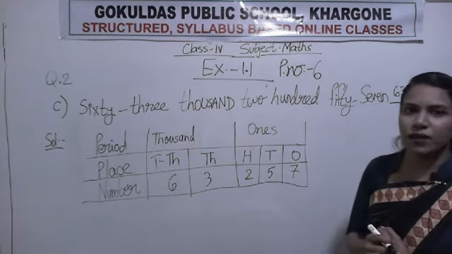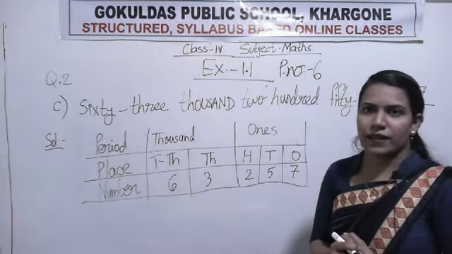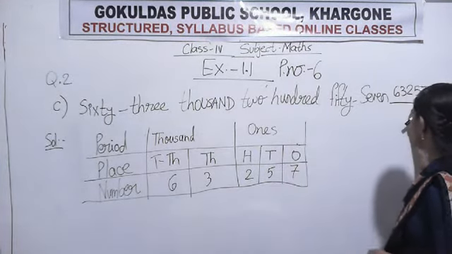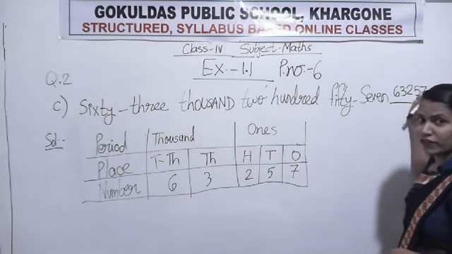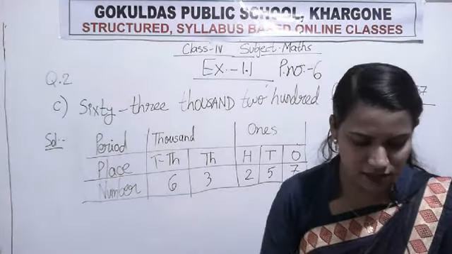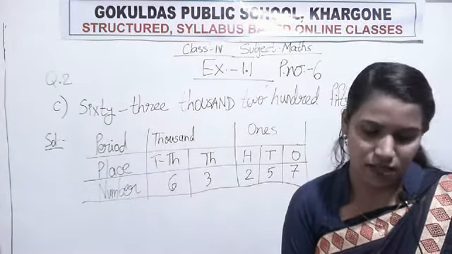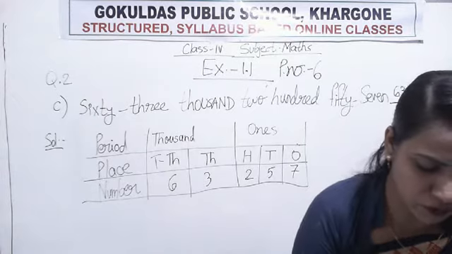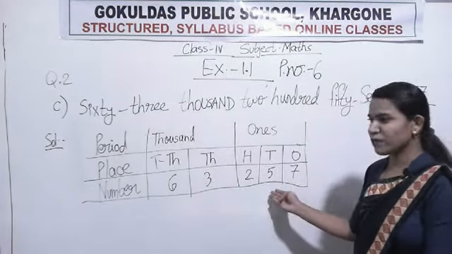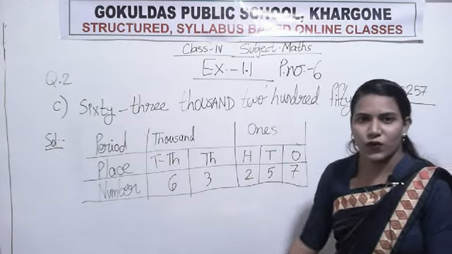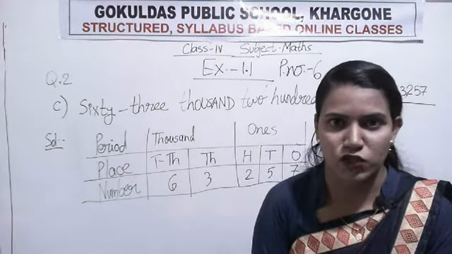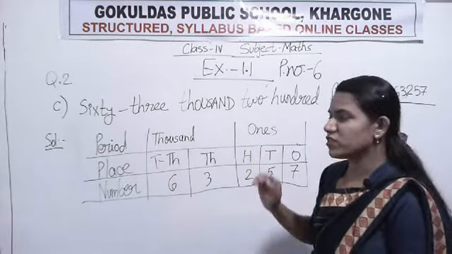How you will put comma? Starting from the right side of the number, you will leave 3 digits and put a comma. Okay, so this is how we do this. See how difficult it was looking before doing this. It was a very big number, but how simple it is to do. Okay, 2 steps were there. First make place value chart, then write according to its number.